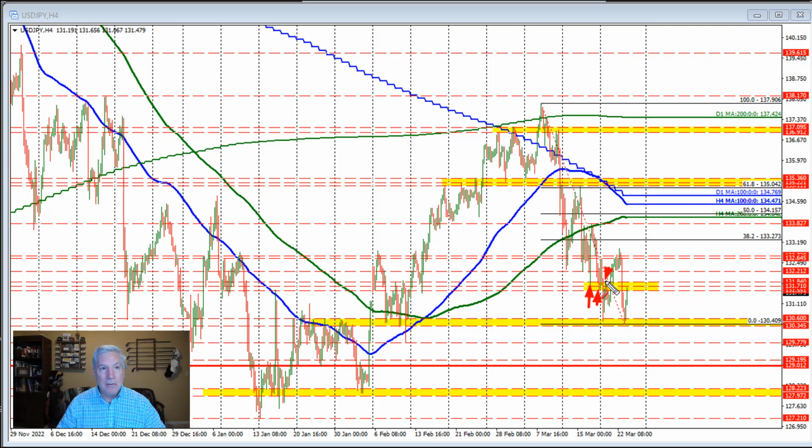And then earlier this week, we moved lower and then tried to stay below that level. Couldn't do it. Found support against it, and now we're back into this swing area right here. So 131, it looks like